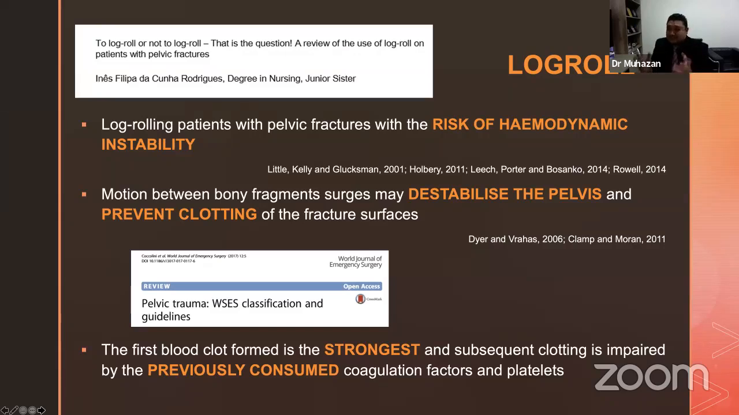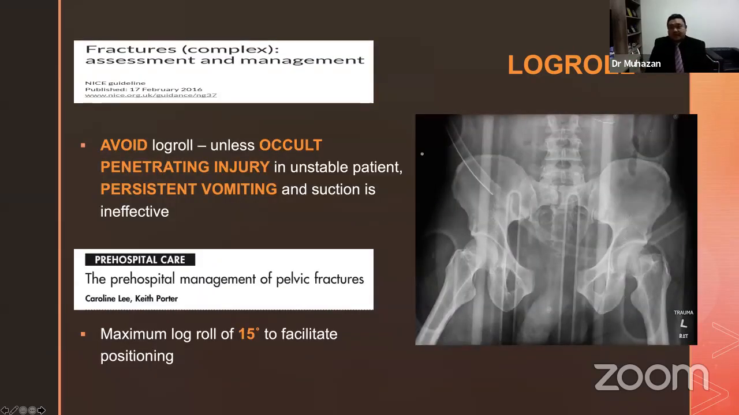And remember, the first clot that the patient has is the strongest because the first clot already consumes your coagulating factors and platelets. So the subsequent ones will be formed, but they won't be as strong. All right, so next, in the situations where the airway is compromised, let's say a patient is